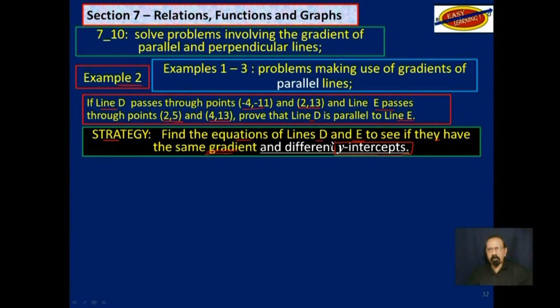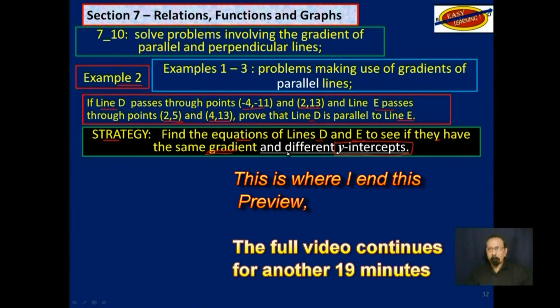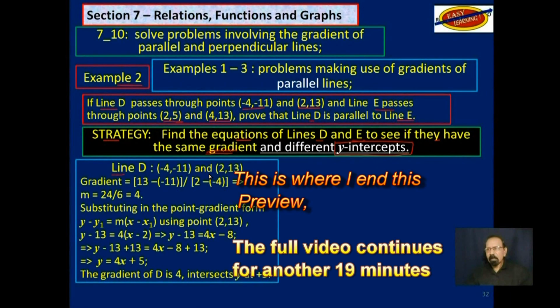Because if they have the same intercept, they are the same line. But if they have different y-intercepts, there are 2 different but parallel lines. So line D, we have these